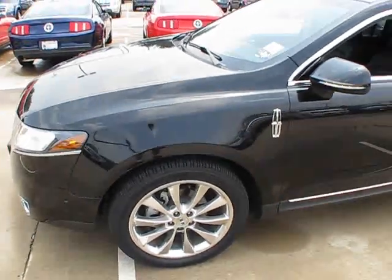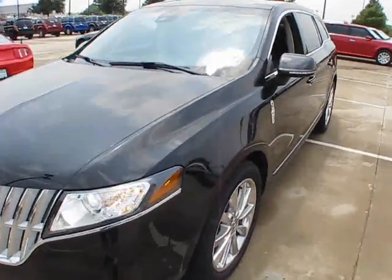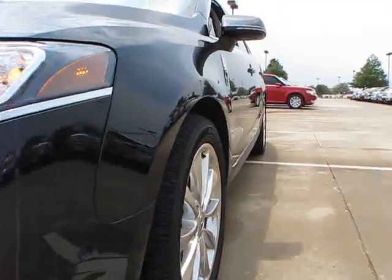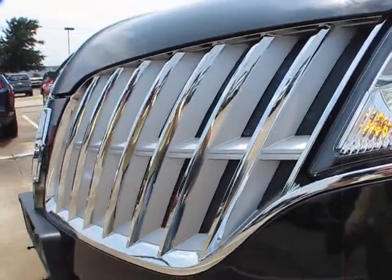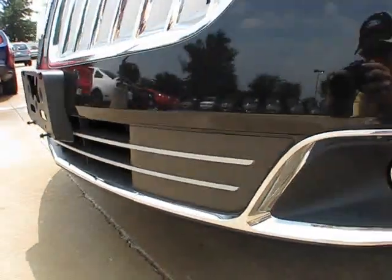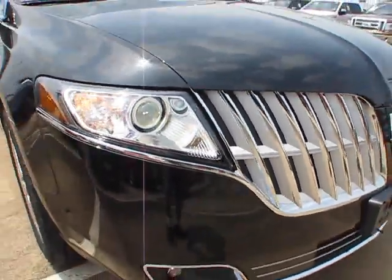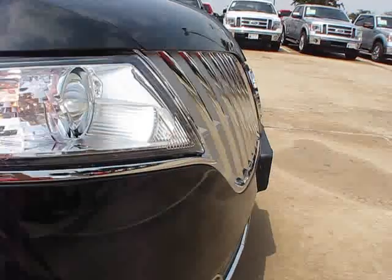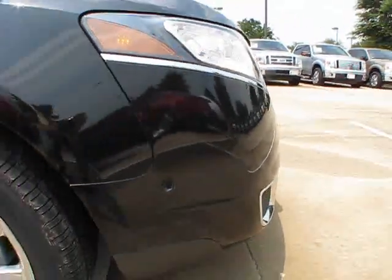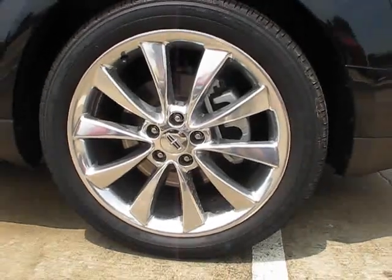The MKT is based on the everyday Ford Flex chassis, built in the same factory in Oakville, Ontario, Canada, along with the Flex and the 2011 Lincoln MKX. It has the automatic adjusting high-intensity discharge headlights, as well as the standard Lincoln waterfall-style grille, projector-style fog lights. For the EcoBoost model, you get the special edition 20-inch polished aluminum wheels,